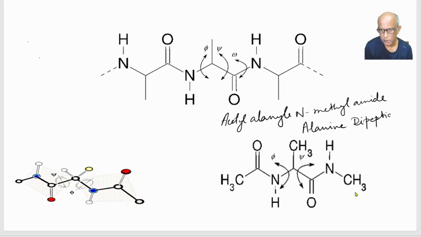Now, why dipeptide? Because it had 2 peptide linkages. So this is one of them and this is the other, and you had the amino acid. So if you see out here, by our definition of phi and psi, there is about the alanine residue